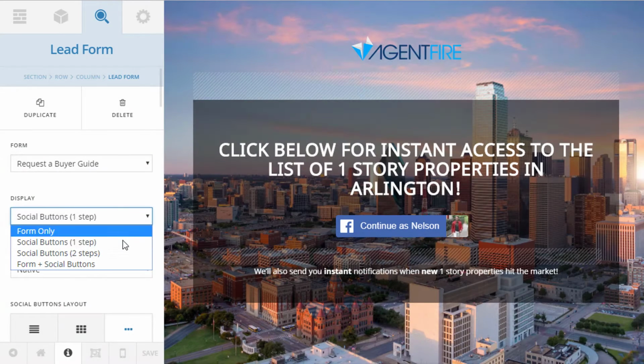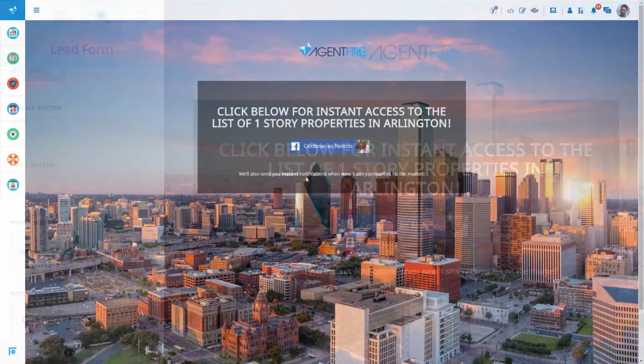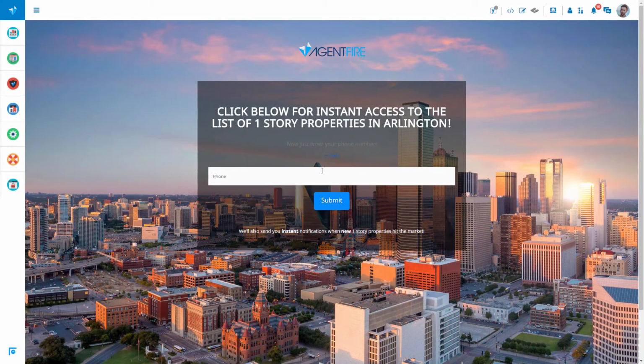But Nelson, what if I want to collect phone numbers? So normally with Facebook and Google opt-in buttons, you can only collect name and email. Their rules, not ours. But rules are meant to be broken. Unless we're talking about AgentFire terms of service. Anyway, with AF lead forms, if you want to capture phone numbers with social buttons, just choose the social login two-step social option. Make phone number optional or required, and voila. You'll capture their name and email when they click the login button, and then their phone number in the second